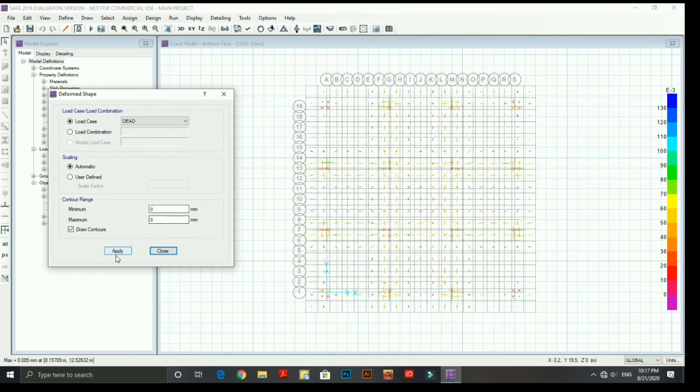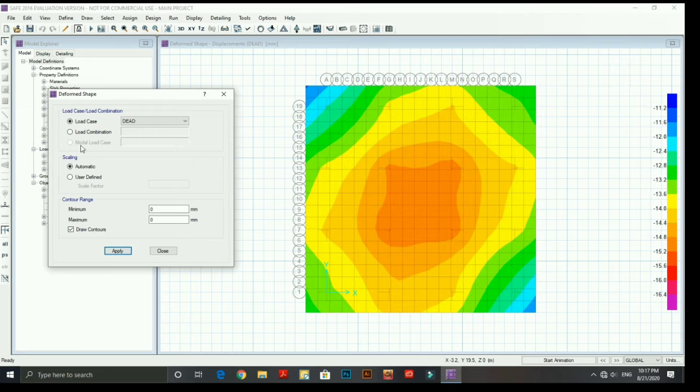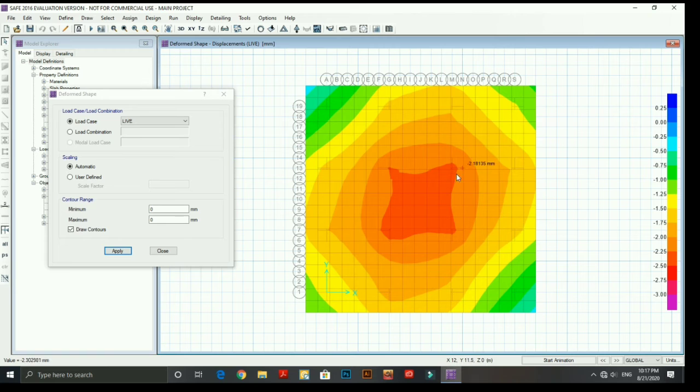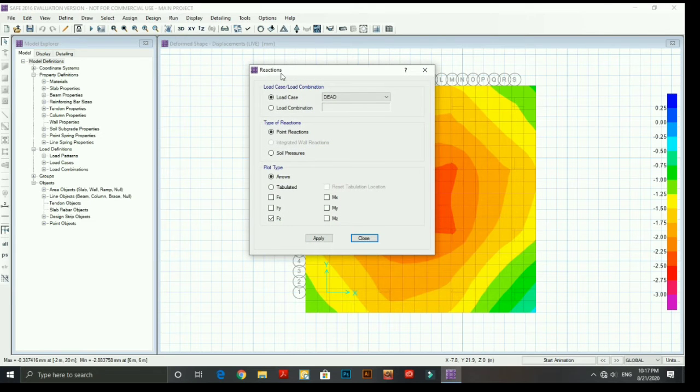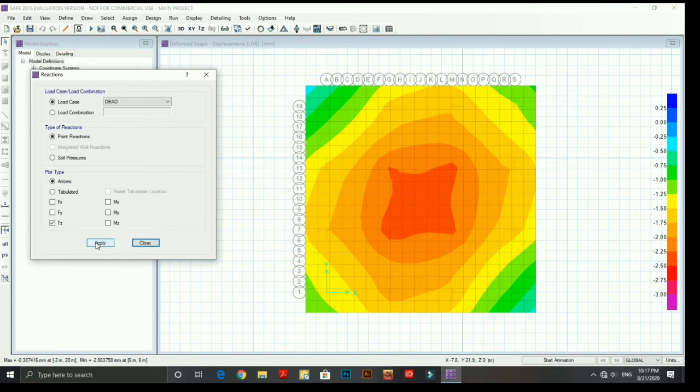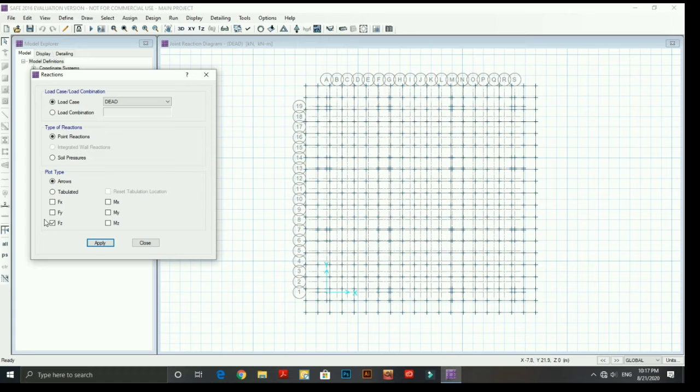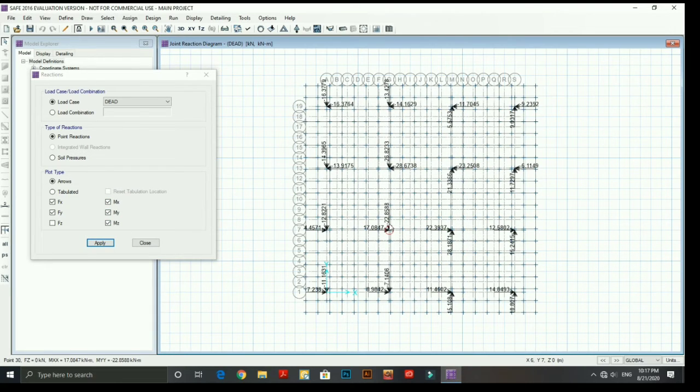And there is another deformation shape which can be shown in the previous, so when we run the analysis by default. Now go to the display menu and click on reaction value of each column, so we can find the reactions of each column, and you can see the forces of the columns are not shown in here because there is no forces in here. So just click in the moment and you can find the results in here.